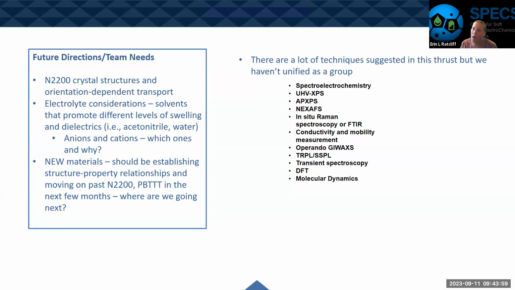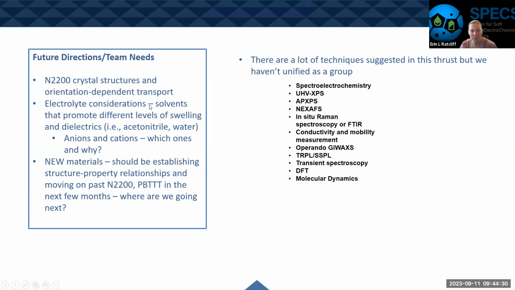Right, so what I saw as future directions and team needs for the charge transport is, again, focusing towards the crystal structures and orientation-dependent transport. A big one that I'm sorry I failed to leave on here is also a lot of technique development, which is really cool, pushing things more and more towards operando. All right, we've got a lot of ion polaron interactions, and so thinking about our electrolyte a little bit more in detail,